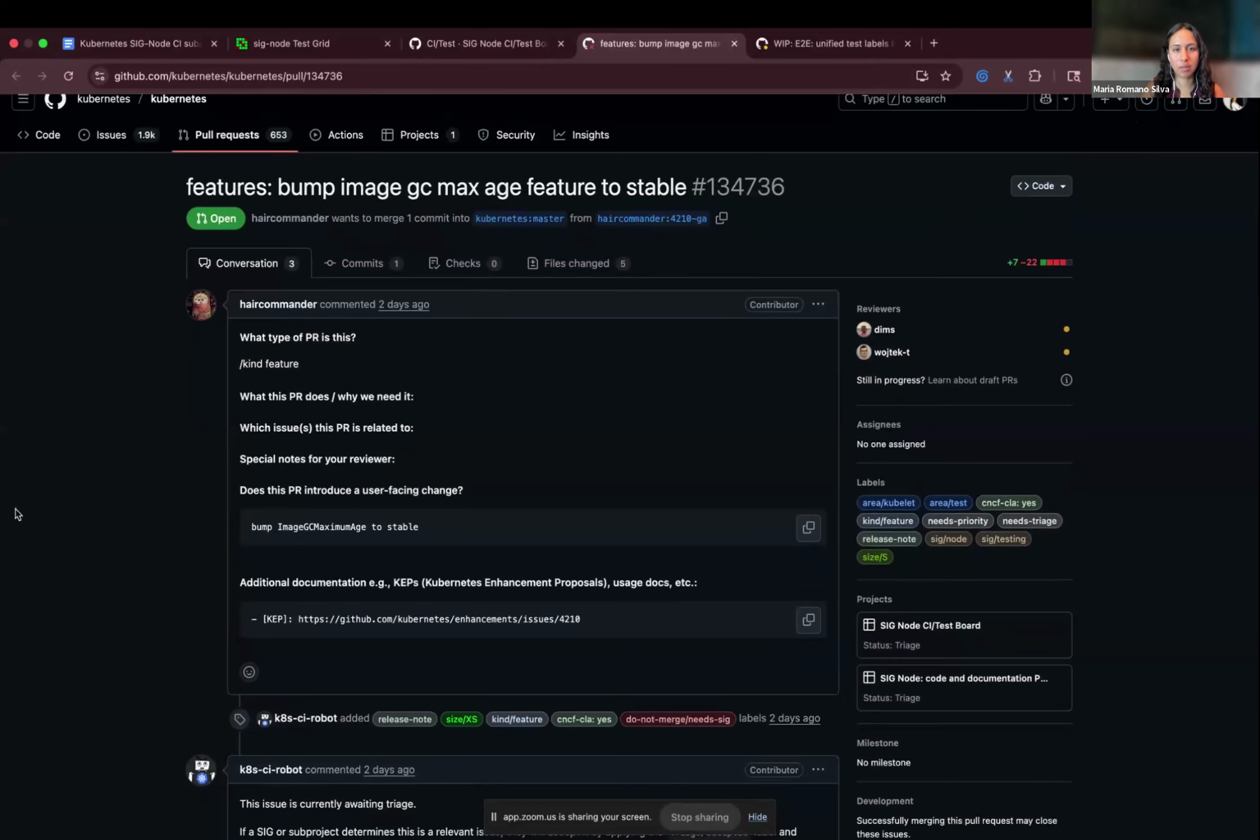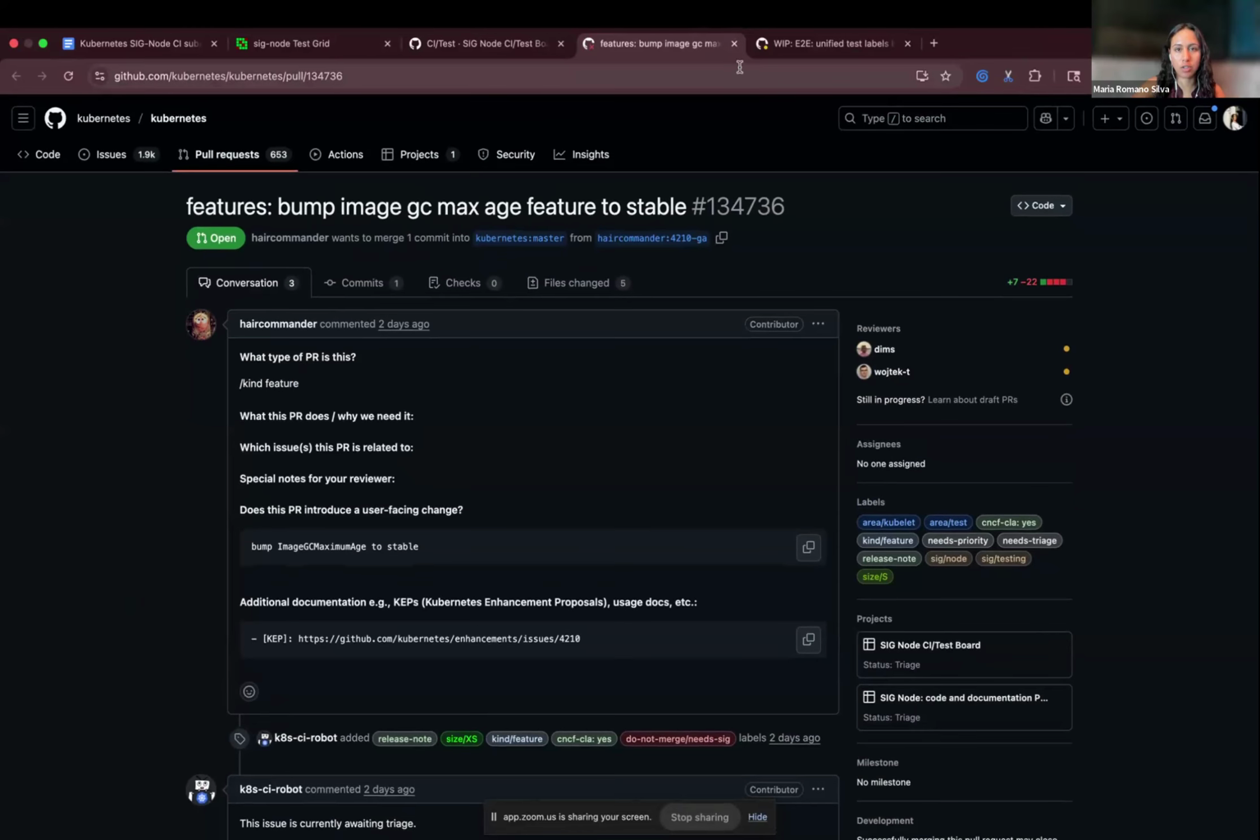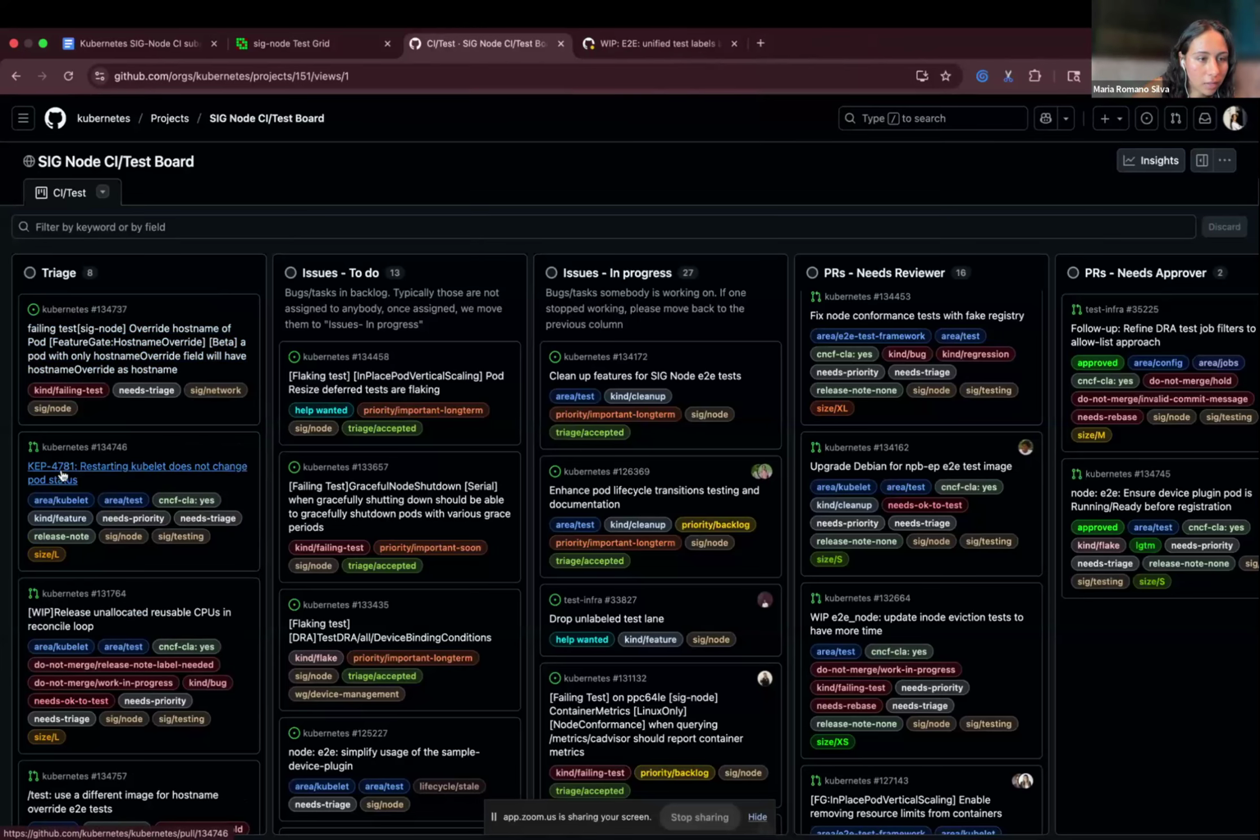Okay, bump image GC max H feature to stable. Feature, archive it. Feature archive. Okay. And then